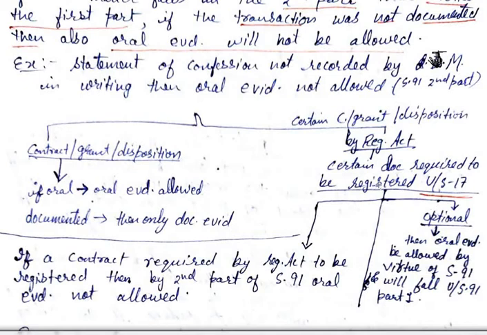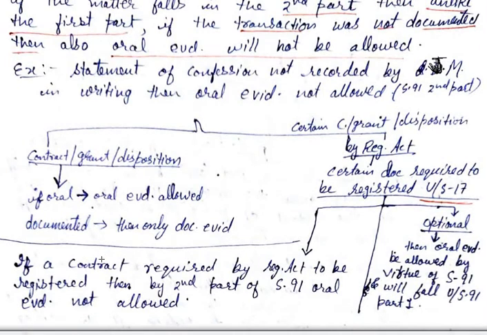And therefore, in those kinds of contract, grant or disposition, part 1 does not apply. Part 2 applies. And therefore, if they are not recorded, then also the oral evidence will not be allowed. लेकिन अगर रजिस्ट्रेशन कंपलसरी नहीं था तो फर्स्ट पार्ट में आ जाएगा, और जब रजिस्ट्रेशन कंपलसरी नहीं है तो डॉक्यूमेंटेशन की ज़रूरत नहीं है, और वहाँ पे अगर ओरल है तो ओरल एविडेंस अलाउड हो जाएगा, और अगर डॉक्यूमेंट है तो डॉक्यूमेंट की ज़रूरत पड़ेगी। अब यहाँ पर मैं आपको कुछ पॉइंट्स रजिस्ट्रेशन एक्ट के बताना चाह रहा हूँ।